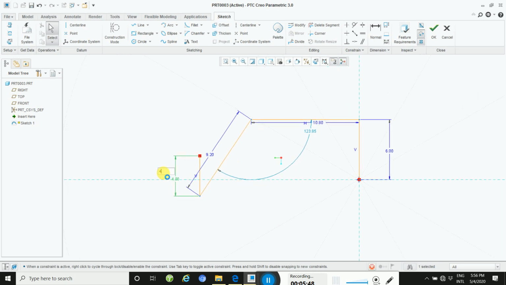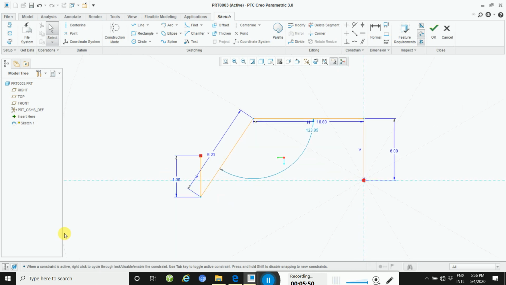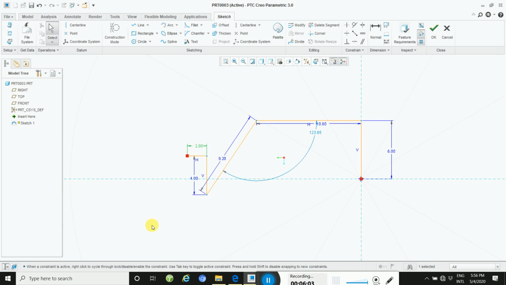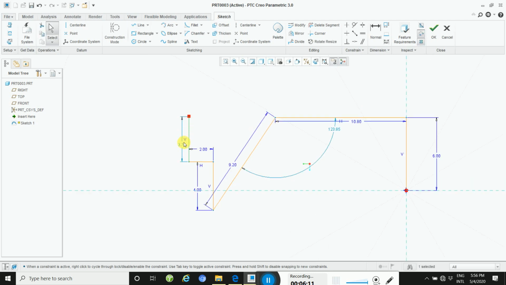You take a 4, and then click here and go through here as per your drawing. Then 2: click on the line command and draw. This line is also 2 mm.